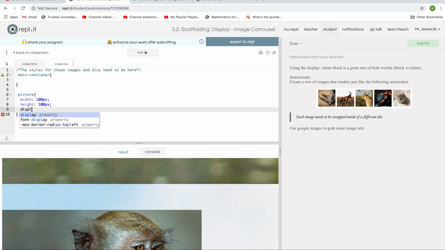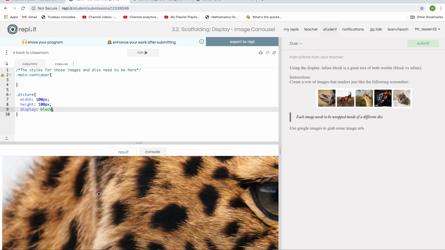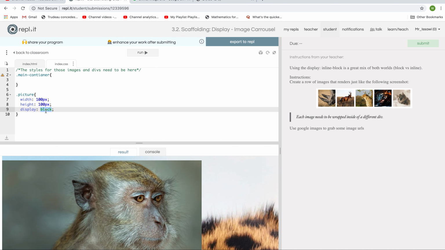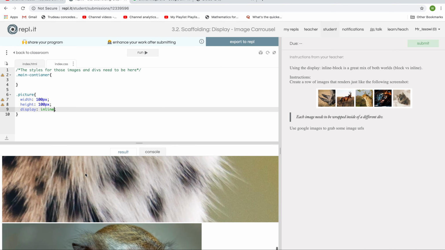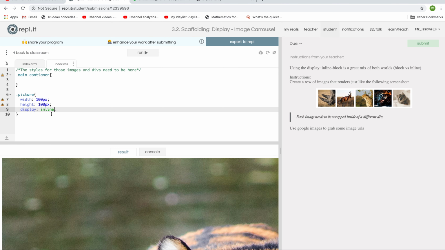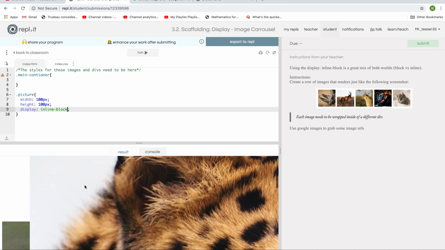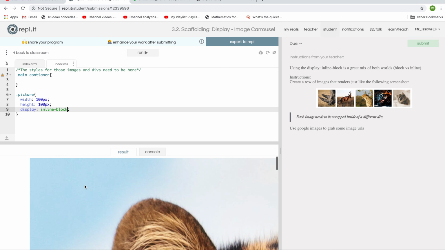Let's play display block. Let's see what happens. Run that. Of course, block is a default. Let's try inline. We can run that. For some reason, they're popping up right underneath each other. Let's try inline block. See how that works. And no matter what we do, it doesn't seem like we can get it. First of all, we can't get it small. So what happens is,